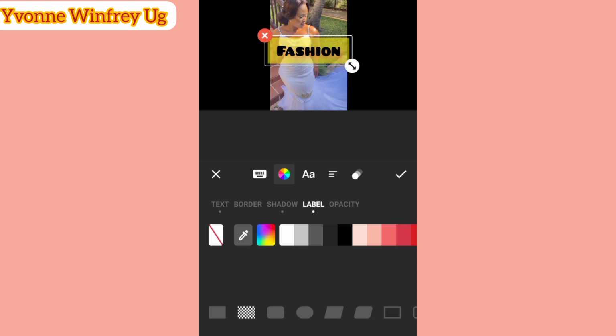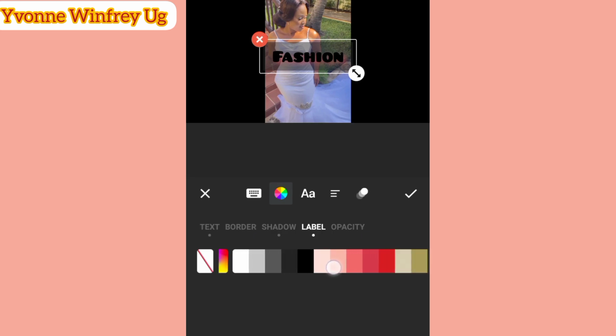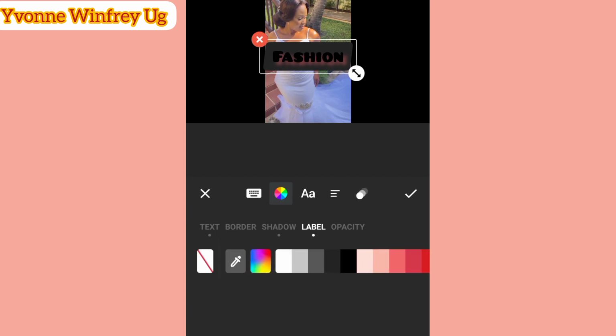You can choose the label. It is really a lot, and you just need to use it to experience everything and to learn more about everything. Then if you want to change the label into any other color, you can do that. If you want to change only the word into any other color, you can do that. If you want to change the border into any other color, you can do a lot. It is really a variety